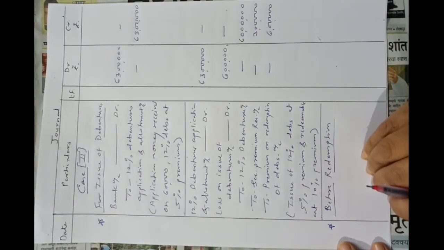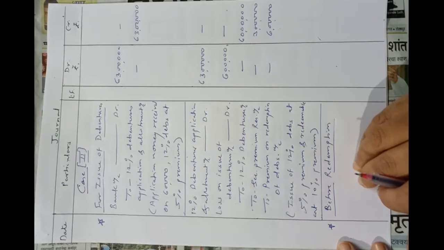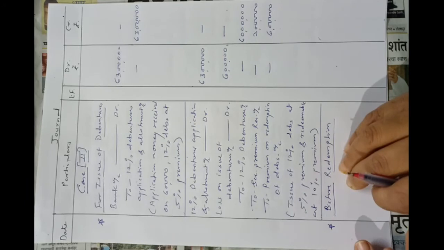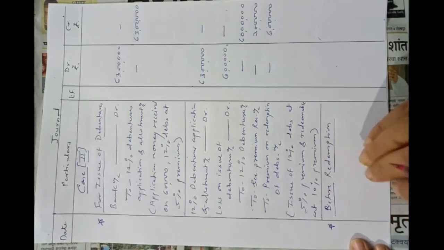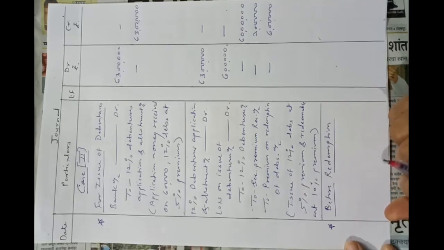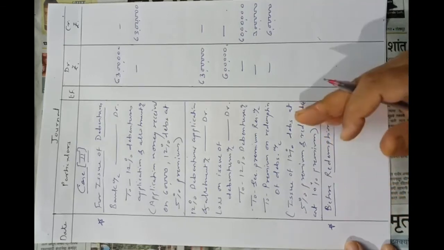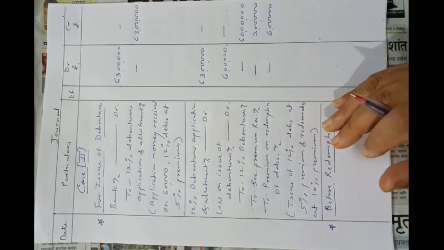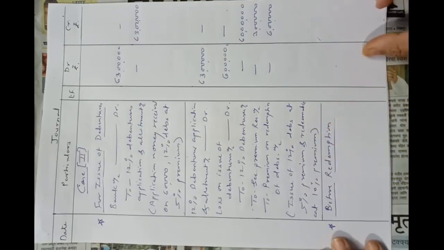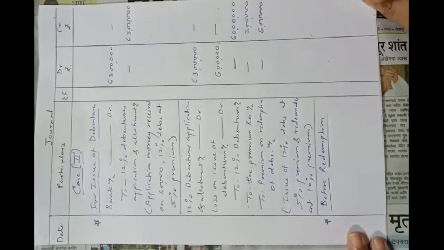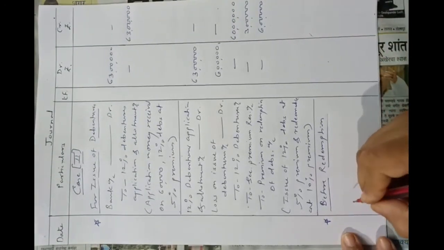Before redemption means if the debentures are redeemable on 31st March 2018, then before redemption, that is on 31st March 2017, the DRR will be created and on 30th April the investment will be purchased. Then after 30th April, that is after 11 months, on 31st March 2018, the investment will be encashed and redemption will be done. Okay, in this way you have to write the dates in the problem if dates are given in the problem. Before redemption, they will transfer 25% amount to DRR.